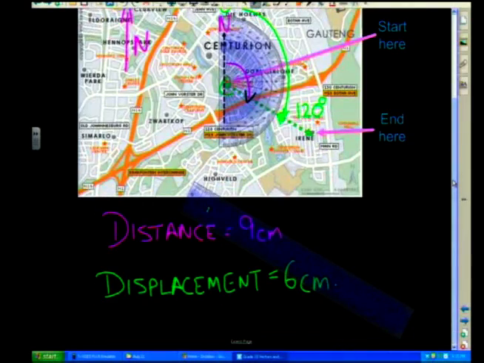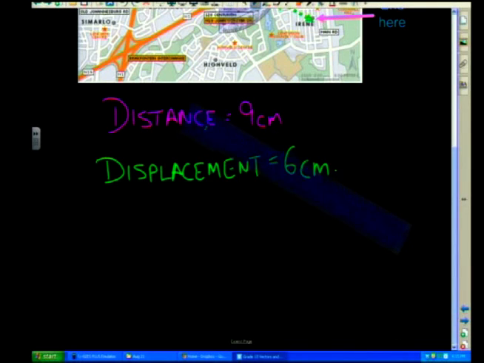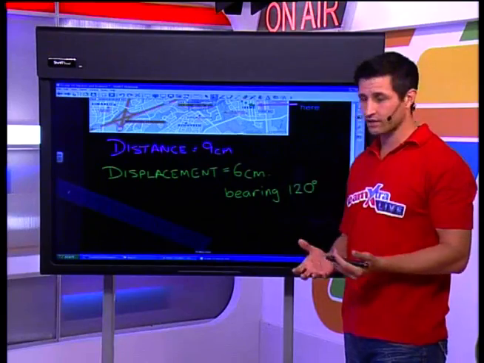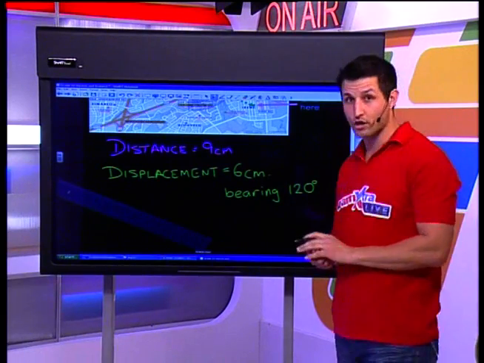So now when I give my answer over here, I can't leave my displacement over there. What I've got to do is work with some sort of direction. So I can add to this. I can say 6 centimeters on a bearing, and remember that bearing means clockwise from north, so a bearing of 120 degrees. Now, it's not always going to be that easy a number. Sometimes you've got to calculate, and sometimes you've got to work with slightly more complex numbers.